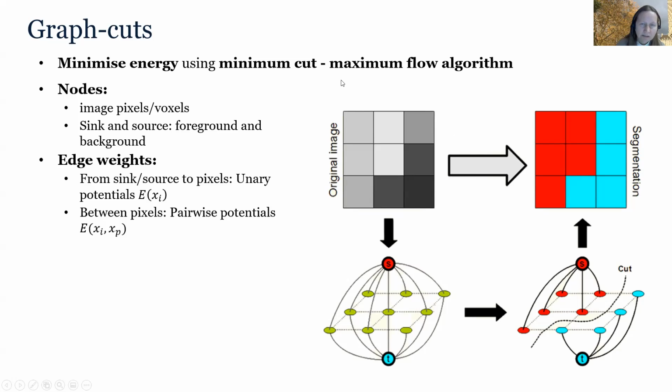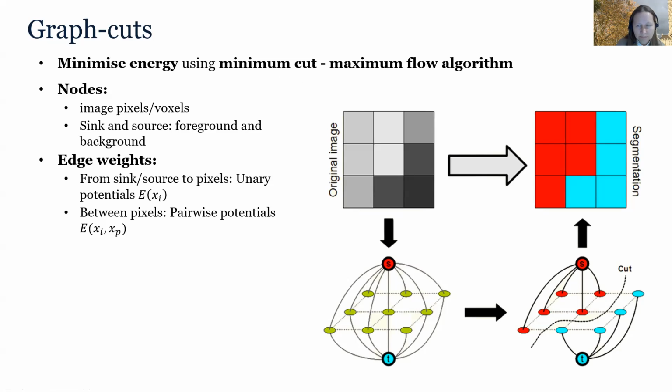So in this understanding of the graph as a flow, the weight of the edges represents the capacity of this edge, so how much water could flow through this edge. And we want to find the maximum flow through this graph. We want to calculate how much water can flow through it. And for this, there is a theorem that states that this flow can be calculated as a minimum cut through